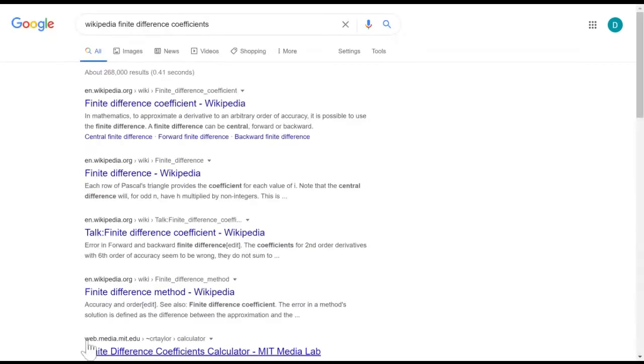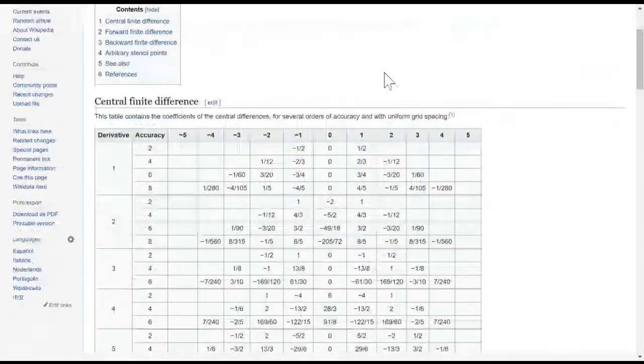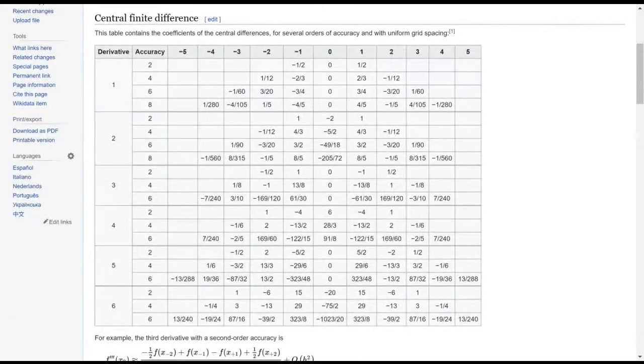All of these finite difference approximations, they're very well known, and they've been well known for a long time, and they're tabulated in plenty of different references, right? If we weren't looking at Wikipedia, we'd be looking at a thick, dusty old book called Abramowitz and Stegun. These are the central finite difference methods. They tell you the points. So this is 1 point to the left, 1 point to the right, second order accuracy, first derivative. These are the coefficients,